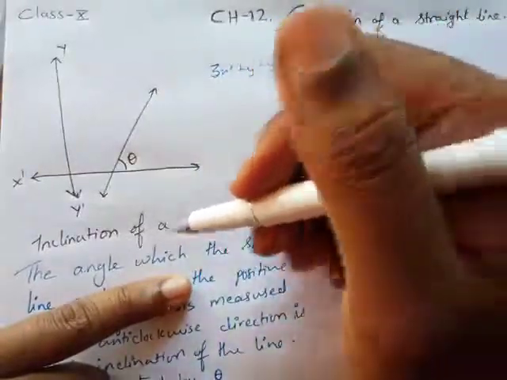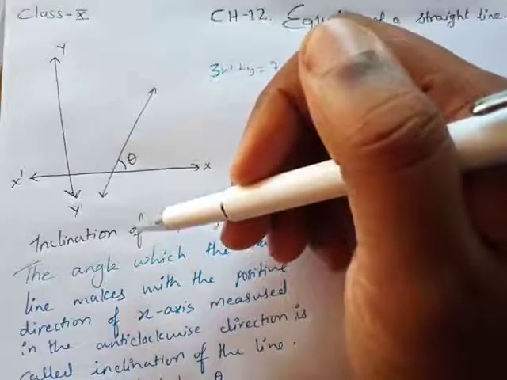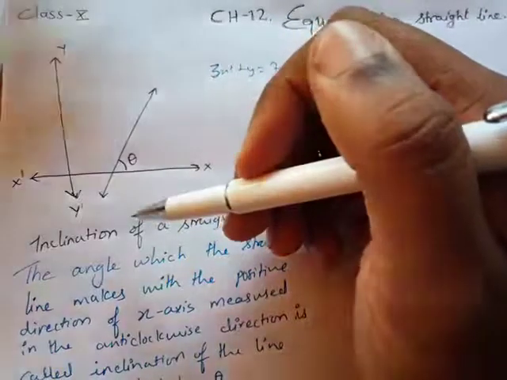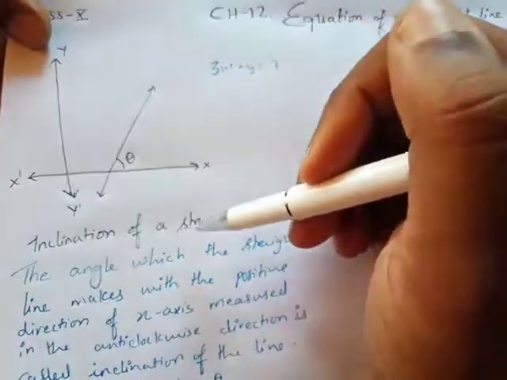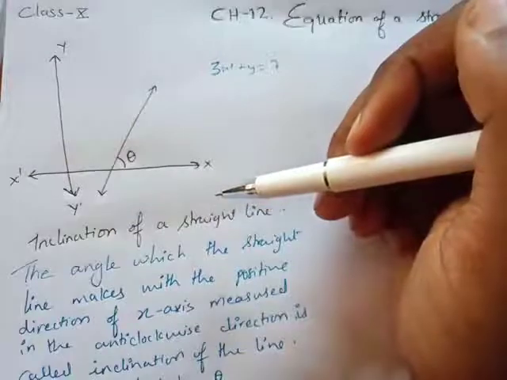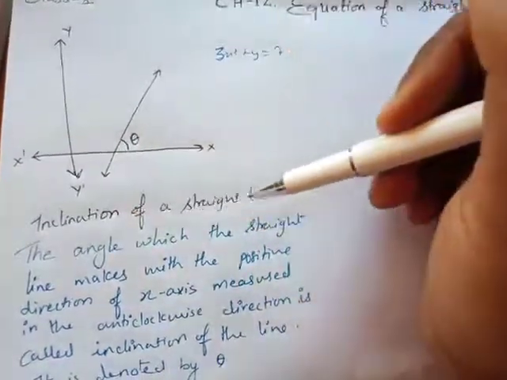Okay, so in this, the very first thing that we'll be looking at is what is inclination of a straight line. I think you might have heard this word inclination. Incline करना, किसी के ऊपर बेंड होना, इंक्लिनेशन. So what is inclination of a straight line, and how do we write inclination of a straight line in mathematics? We will see in the definition.